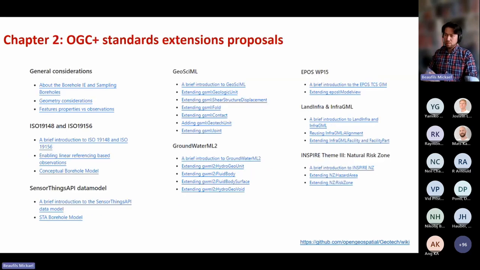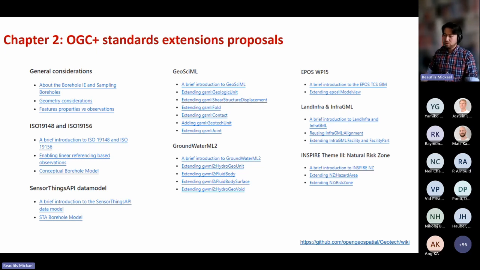Another activity mostly focused on OGC was about providing extension to OGC and ISO standards, while there were some developments in AGS, in DIGS, in IFC tunnel. There were also OGC activities about having these standards extended to be compliant with the proposal we defined before.